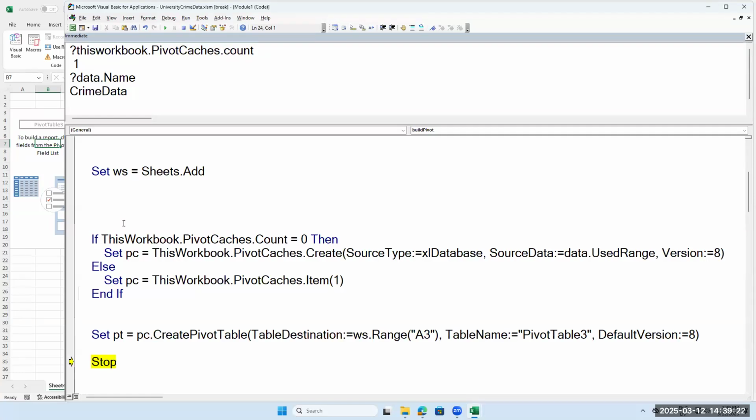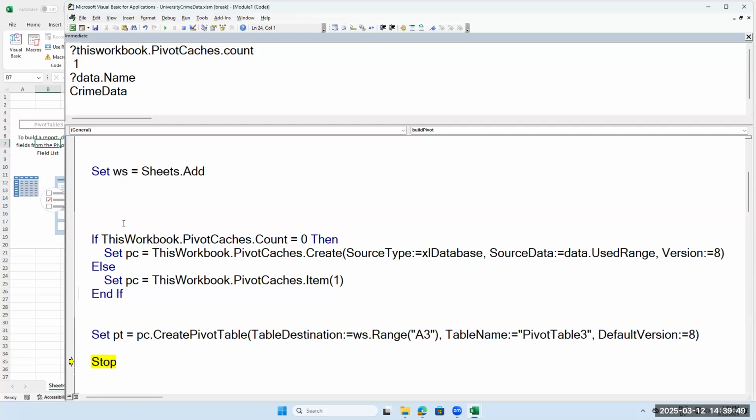Beautiful. So instead of PC, do set PT because you're doing a pivot table. Because you have a PT. You created a PT. Correct. And before the period, put PC. Right there. Right before. That's it. Do PC. So you're saying referencing the pivot cache that you've just created, create a pivot table from